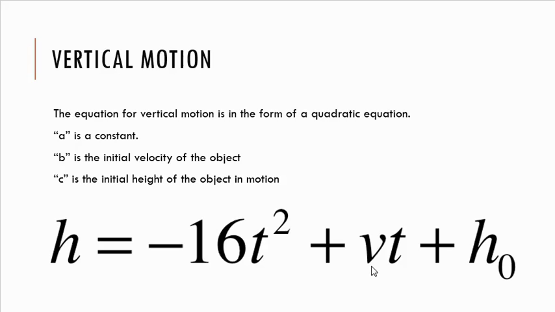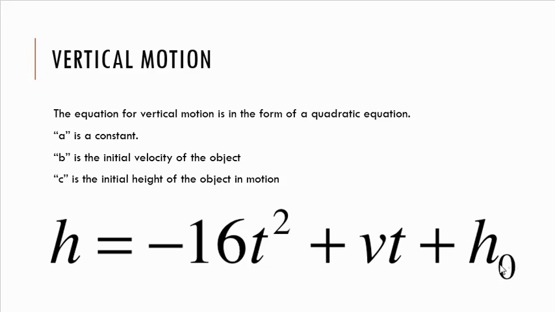Now, what is this v? V is the initial vertical velocity. So for example, if we chuck something upwards, usually problems will give you an initial velocity. So I hit a ball into the air straight up at 10 feet per second. Okay, that would go here. This is our initial velocity, this b coefficient. Okay, and this h sub 0,